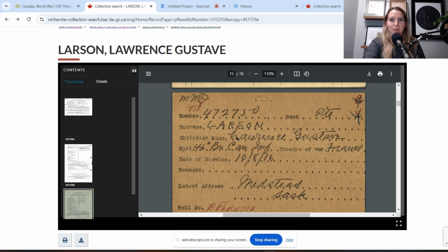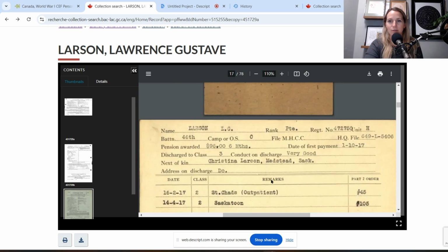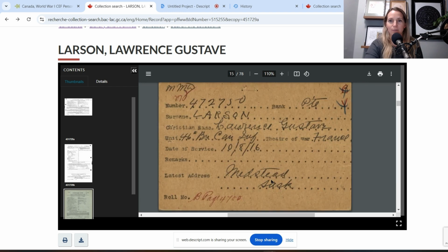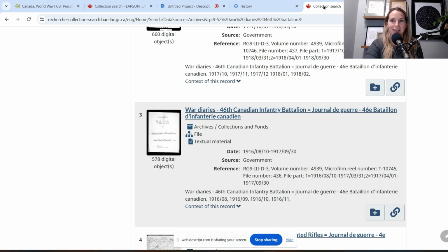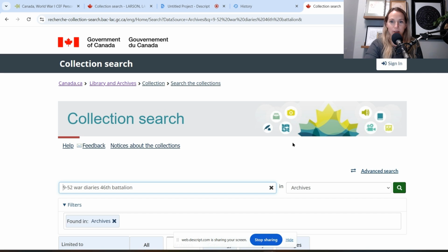Okay, so then I was able to find that we can look up the history of these different companies or battalions. So he was part of the 46th Battalion of the Canadian Infantry when he first went to the hospital because he was sick. So date of service was August 10th, 1916. Okay, and so we know that he was in that battalion at that time. So there is a collection on this website where you can search for these war diaries,